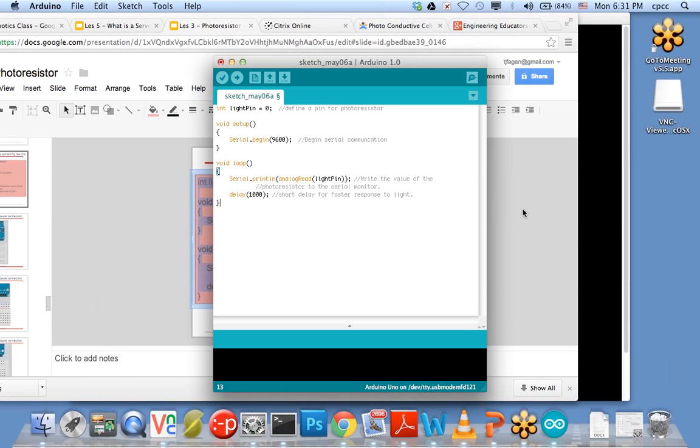Mine's running. I can't connect it because it's dead. So I'm going to connect it on my